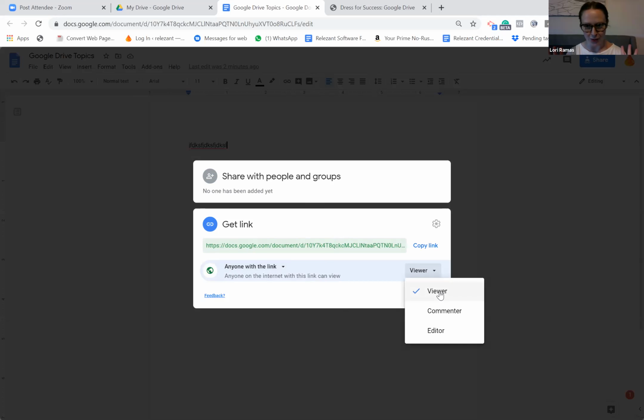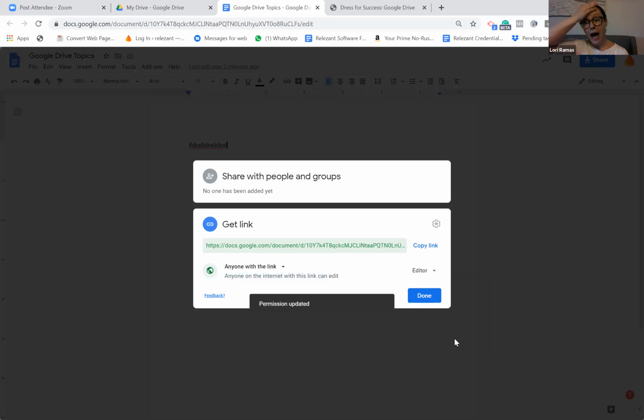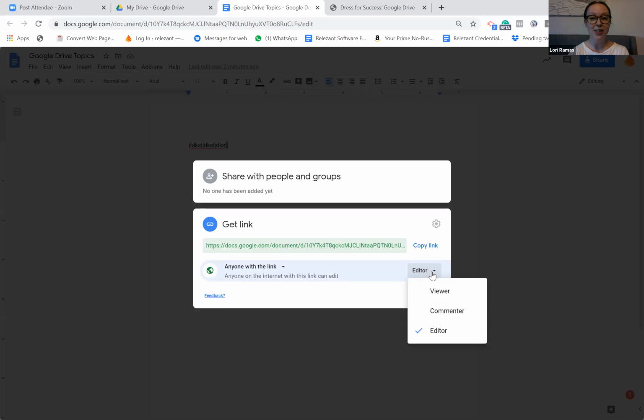So much easier to read as a comment. Or if you want me to full on edit something, whether it's formatting, wording, whatever, editor. And because it's live, let's say you clicked editor by accident, you can go back in and change it. So the moment you change it, it changes for me live, right in that moment. It's a fail safe, so you really can't mess up.